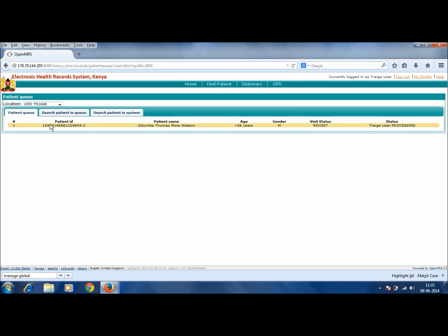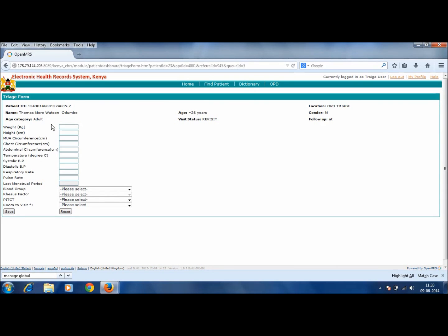These are a list of patients who are new as well as revisit. Now click on the patient's identifier or the patient's name. The following screen will begin to appear. Here, all the vitals of the patient must be entered by the triage user. The first field here is weight, followed by height in centimeters, then MUAC circumference, chest circumference, abdominal circumference, temperature in degrees centigrade,